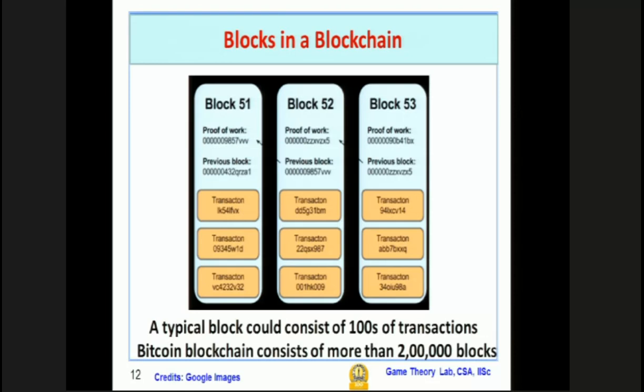Now, the way blocks are created and added to the blockchain happens in the following way. For example, let us say that you have created block 53. Now what is block 53? Block 53 may consist of some 200 transactions. And now every single user on this blockchain network tries to create a block. Suppose a user has created a block with 200 transactions, and using these 200 transactions, this particular user now